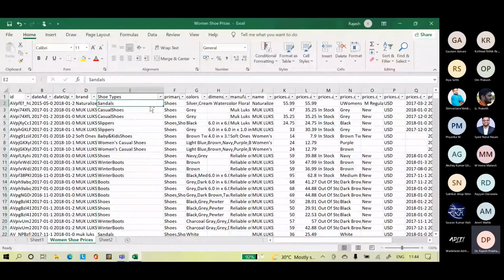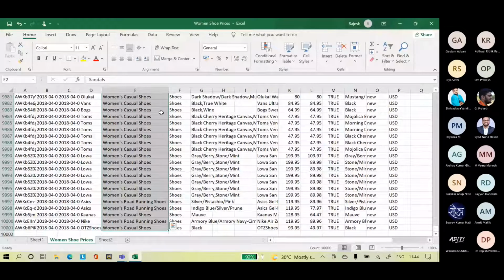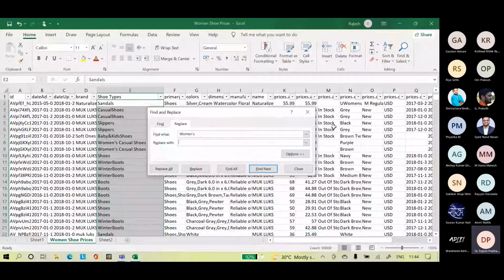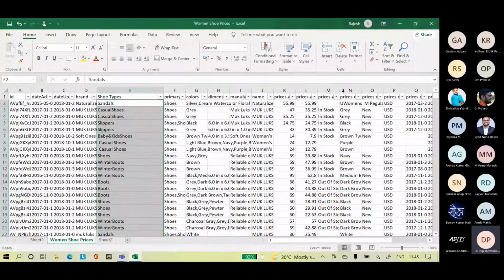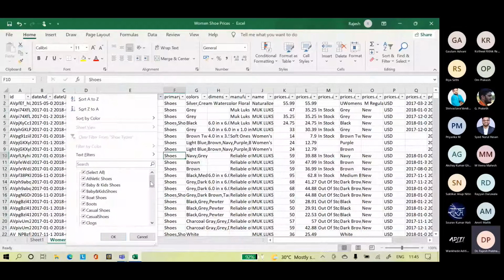Okay. Find and select, replace. We will do the thing again. Women, replace all. Okay. Plus shoe types. So we have all the road running shoes, pumps, Oxford. Why do we have women's shoes again?